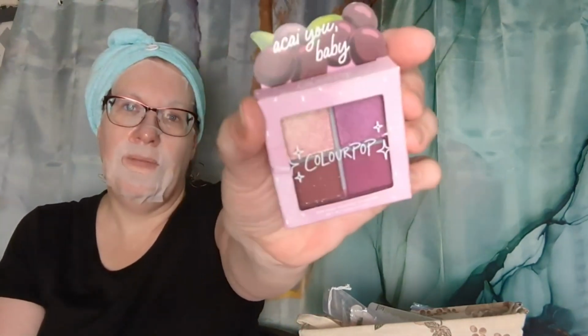And then that last not for me one, which I was kind of surprised by because it's probably the only one from this brand that I might put in here, and it's from ColourPop. It's the Acai You Baby palette. I got this in one of their mystery bundles. Let's see if I can get it open here. There we go. And my problem with it is